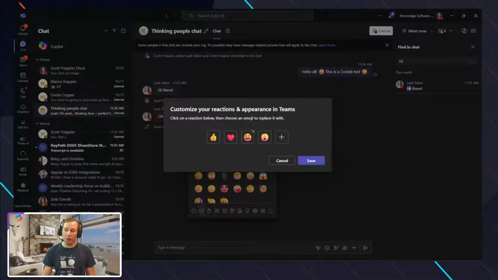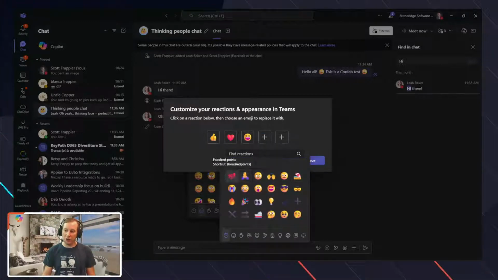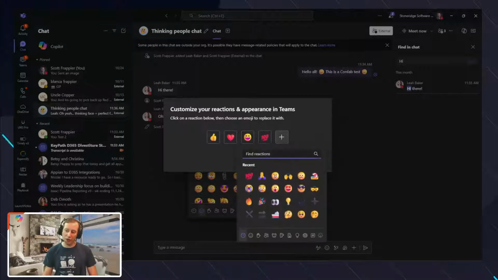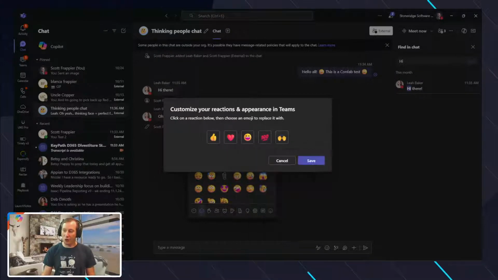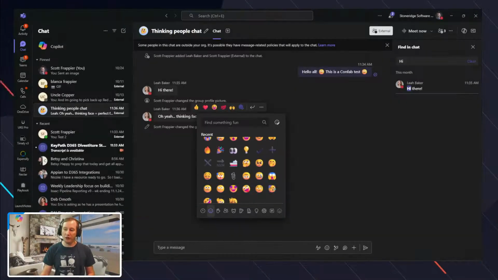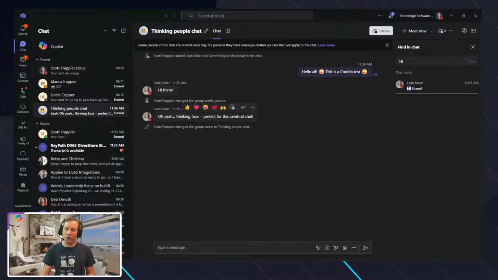So for example, laugh and love and yes are some that I use all the time. I usually don't use surprised, but I use the 100 quite a bit, like I 100% agree, or everything is perfect, right? So what I can do is I can actually customize those actions, so that when I'm hovering over my actions, I'm going to have those defaults exposed inside of here.